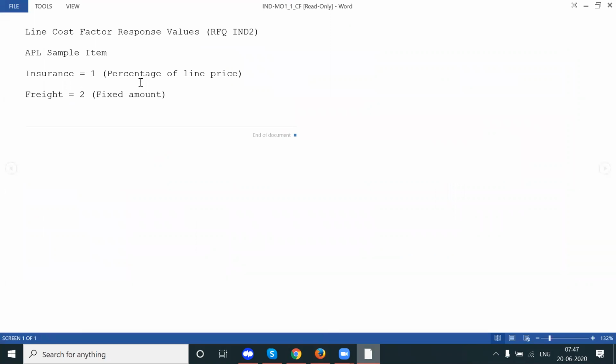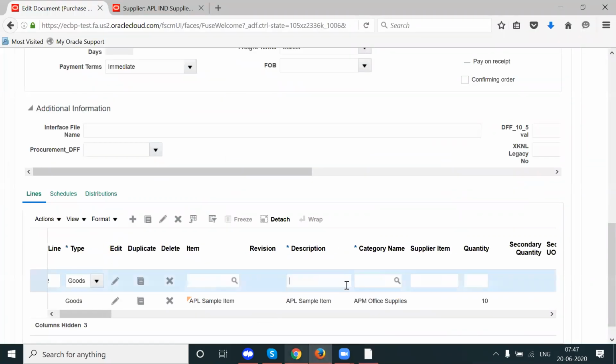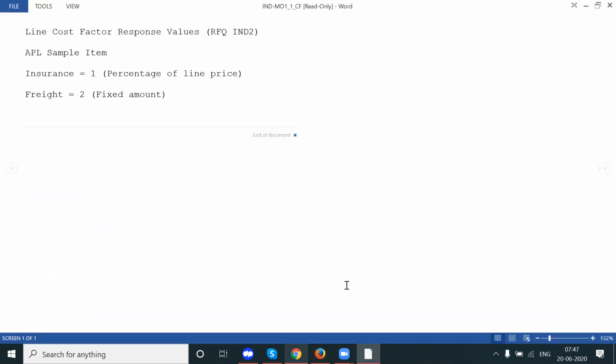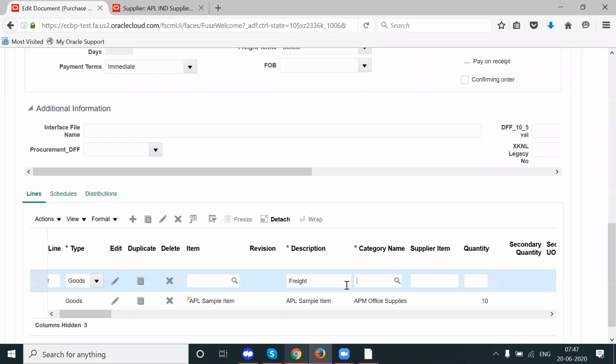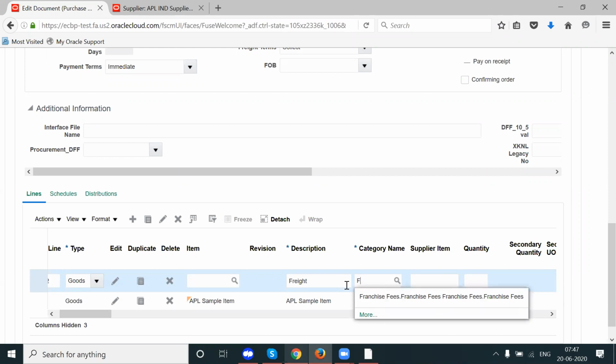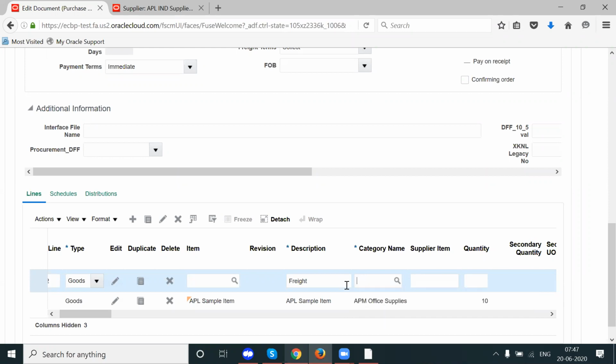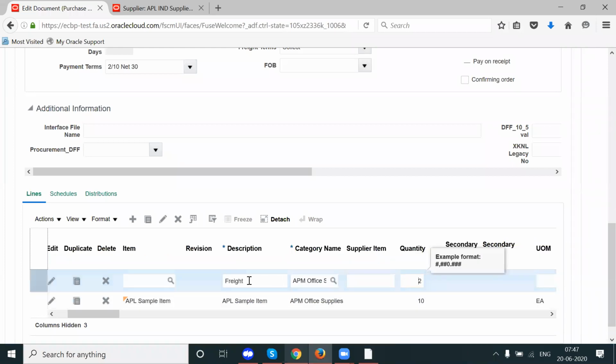So the insurance is 1% and the freight is 2. I have the feasibility to add it manually. How much for the freight? 2, right? You can define a category for freight also if you want. I'm selecting the same category. Okay, but my expectation is this line should be created automatically, which is not happening.